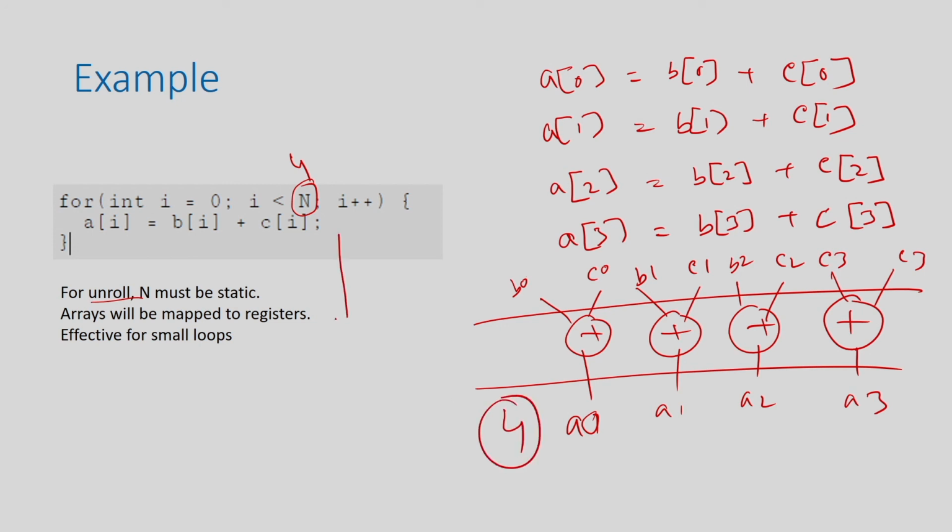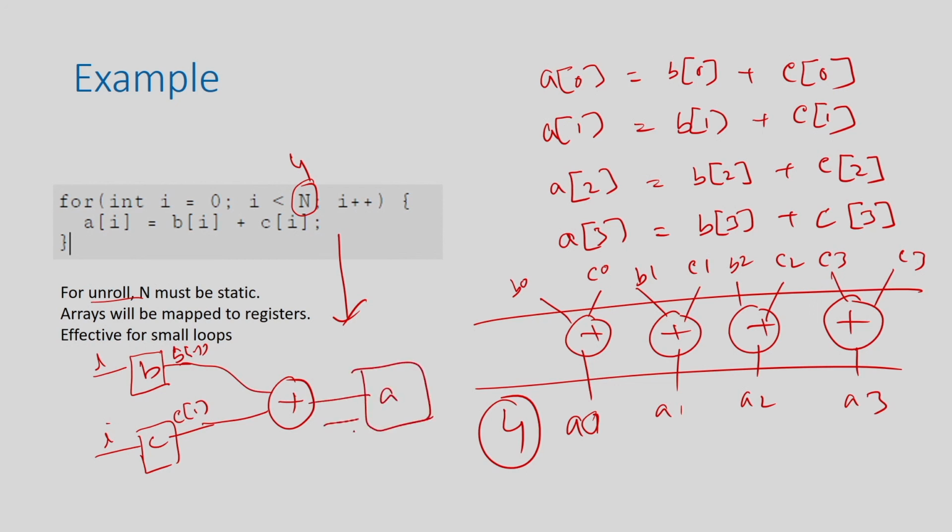So, if you try to execute this in an iterative manner, you need only one adder, and you need a mux, or basically you have a RAM, you give I, you get BI, and you have a RAM which is storing, say, C, and this is B, you give the address, you get CI, right, and you just add it, and this will be stored in A, and you give the address I, right. So, this is the execution. So, this will take n cycles, n say 4, so I will say this takes 4 cycles, but one adder, right.